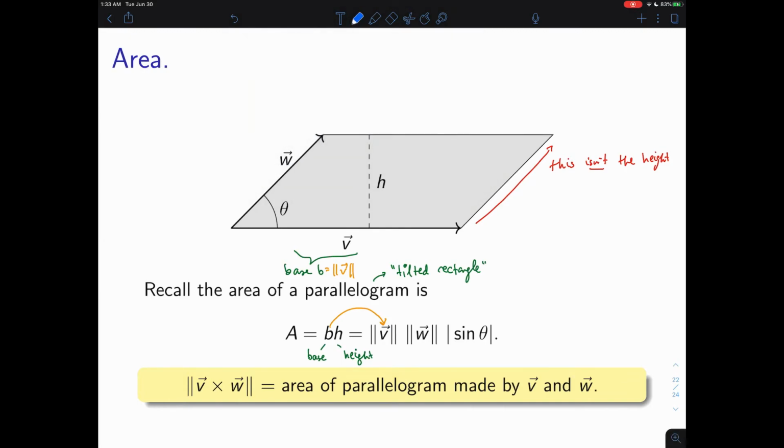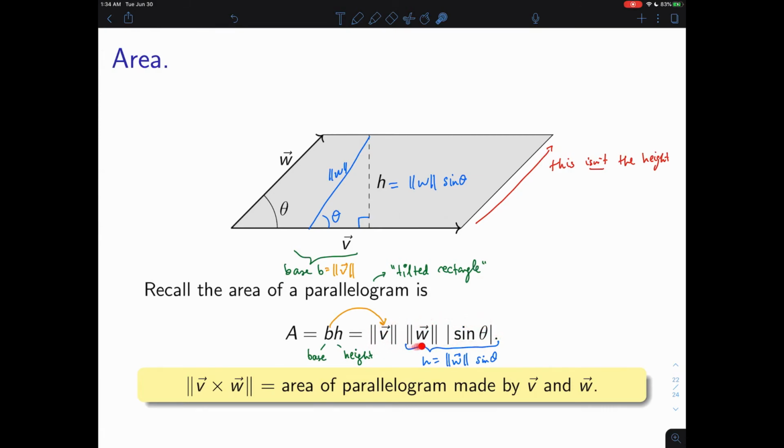And what about the height? According to trigonometry, we got a right triangle here with angle theta. And according to trig, this h is the hypotenuse times sine theta. H is magnitude of W times sine theta. So the upshot is that